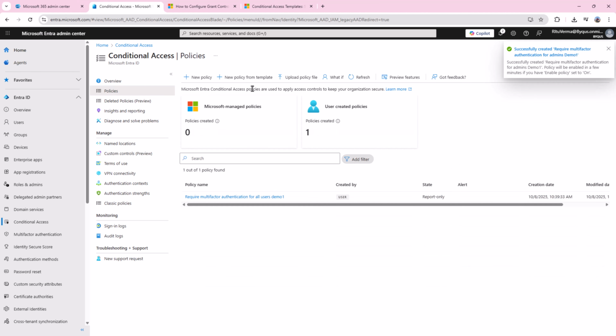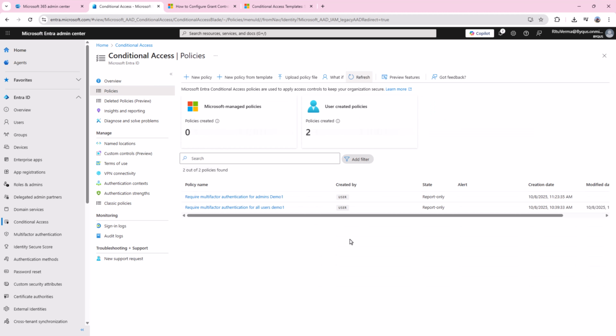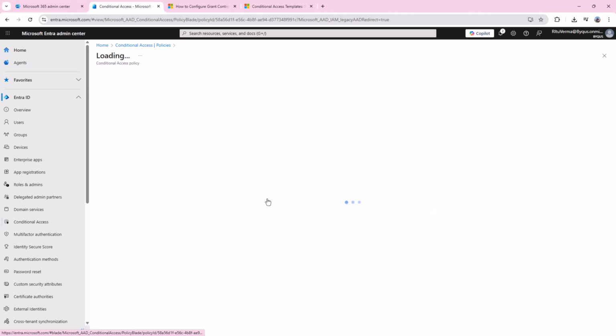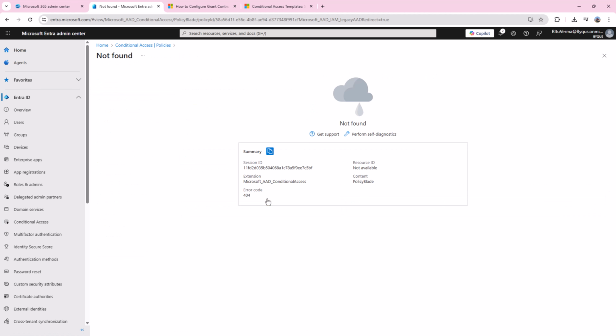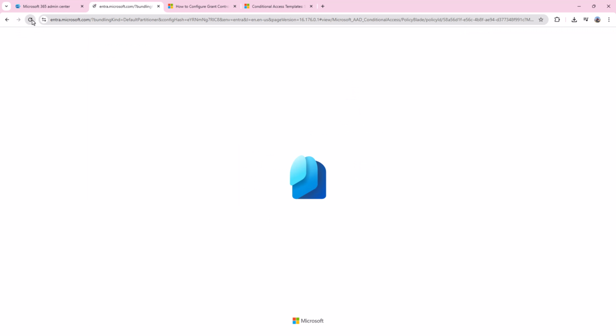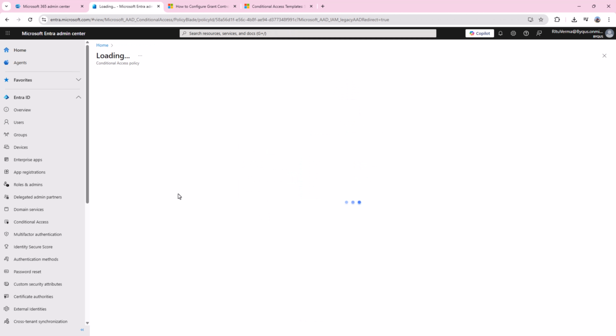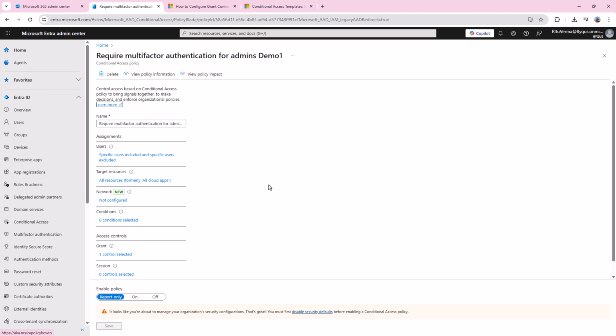Okay, so we'll wait, refresh, and it should come now. Require multi-factor authentication for admins demo 1. We'll click on it to edit. Okay, it is just created. That is another reason. Okay, require multi-factor authentication for admins demo 1.